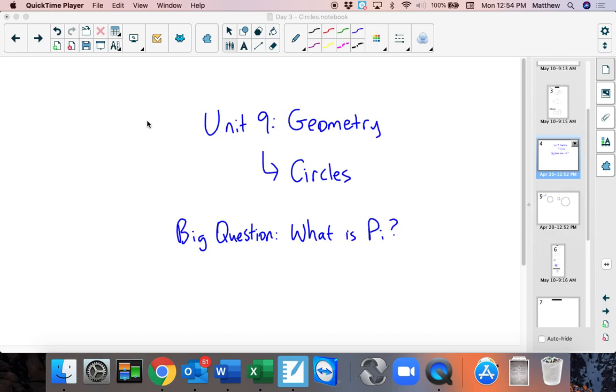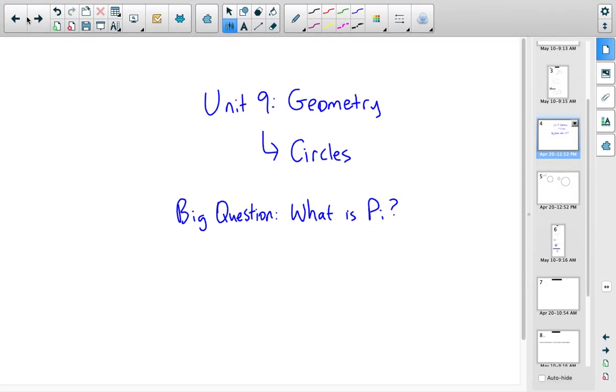Okay, so we have, it's a big screen. Our next lesson for geometry. This is really like the third day. We're going to talk about circles. So remember, the first day was Pythagorean theorem. Then we talked about area and perimeter of rectangles and squares, and now we're going to talk about area and perimeter of circles. And the big question I want you to think about, and you see it a lot,